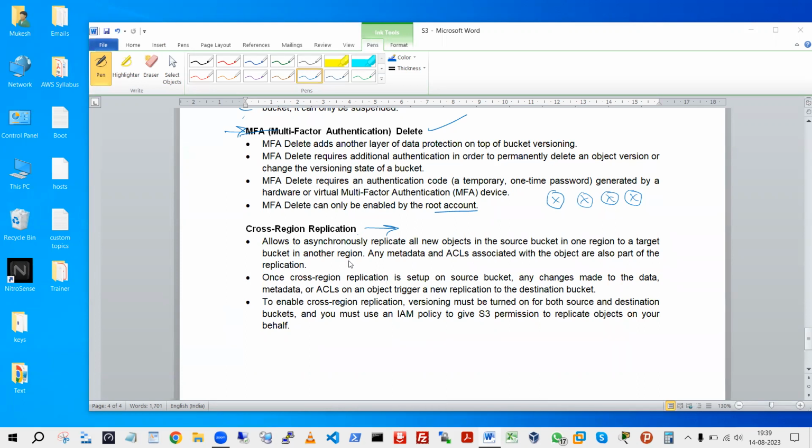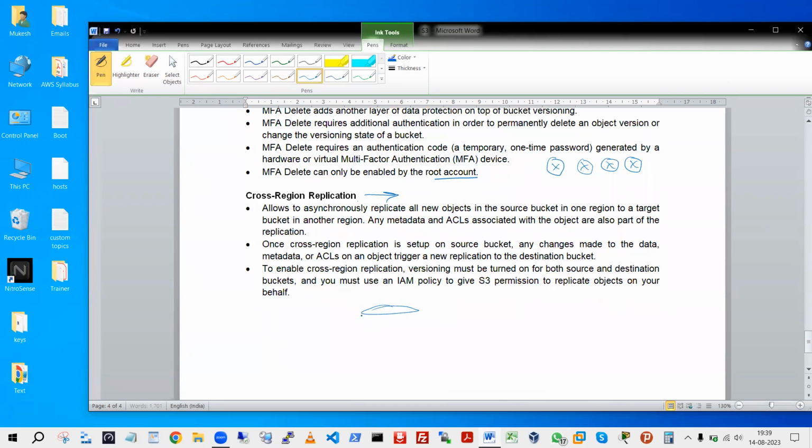So what are you going to do? For cross-region replication, you have to specify what is the source region and what is the destination region. You have to specify the source bucket and the target bucket, and the target bucket must be pre-configured. Suppose my source bucket is in the North Virginia region and my target bucket is in the Mumbai region. This you define well in advance. So when you configure cross-region replication between these two buckets,